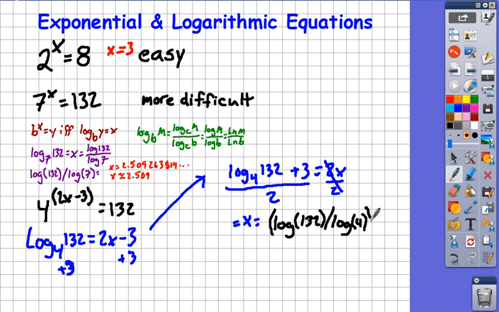Let's go ahead and take all of that, and let's put plus 3. Then all of that has to be combined before we divide by 2. So one more set of parentheses, and we get our plus 2. So if we put all of that into our calculator, we end up with x